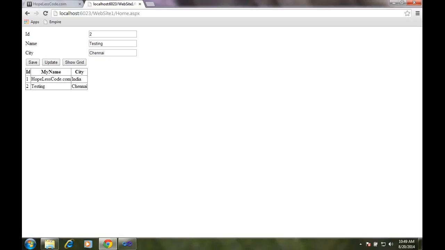Now we want to do update. You can put a drop down and select data binding, you can assign that also. For the time being I will show how to update. Now we already have two testing Chennai records. Now ID 2, so keep this 2 here and we want to change name and city. Earlier we put testing. Now I put test. Just see update.